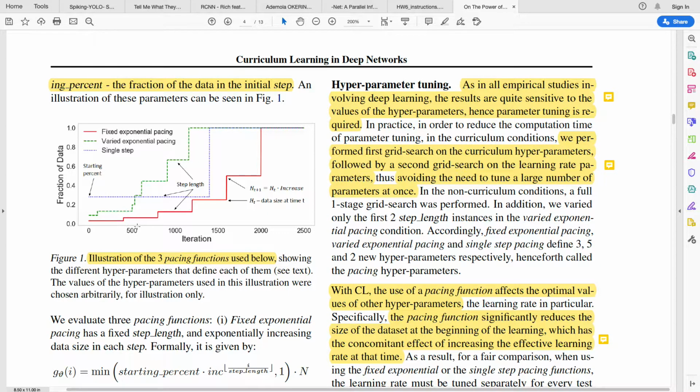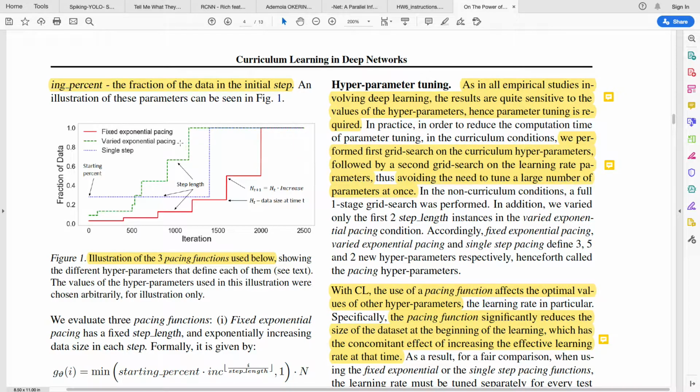So after a certain number of iterations, again, they give it another number of values. So within every fixed 500 iterations, they increase the number of training samples that is presented to the network